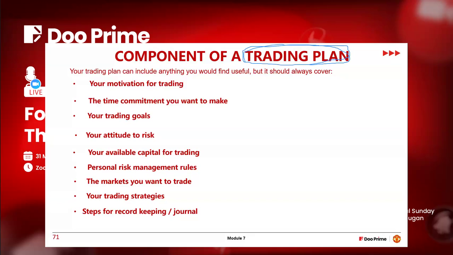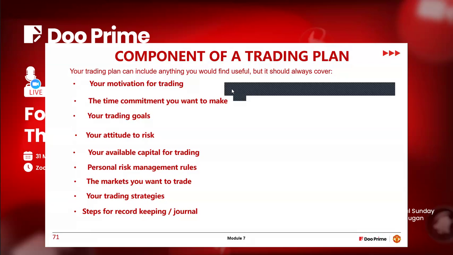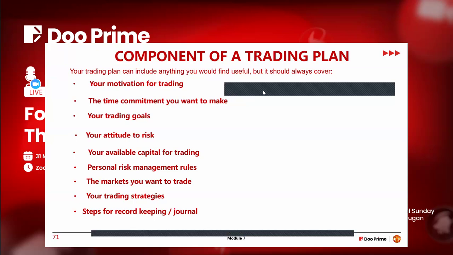The next thing you were seeing was minus $50 and you started panicking. So having a trading plan and studying it every day reminds you of the amount you have in your trading capital. How much do you have? One other very important thing, which we'll still talk about, is trade journaling. Personal risk management rules, I already talked on that. Now, another component is the market you want to trade. This is very important.